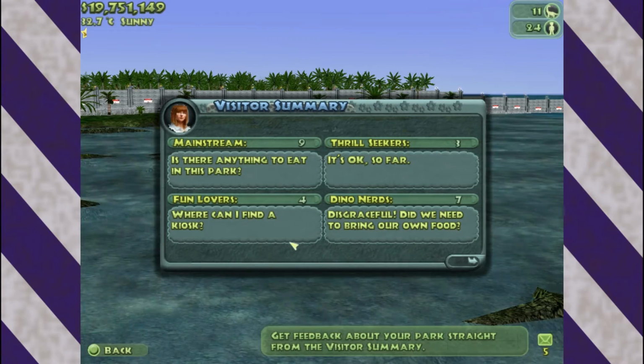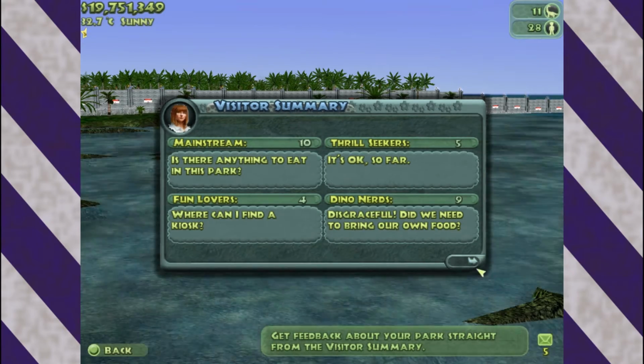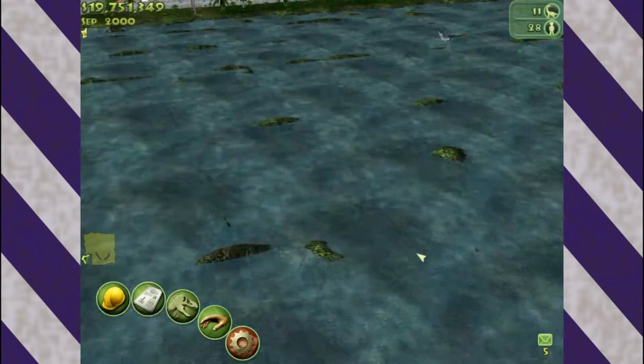Is there anything to eat in the park? It's okay so far. Do you know where I can find a kiosk? There's like 3 kiosks, asshole. Disgraceful. Do we need to bring our own food? Why don't you lazy freaking people...